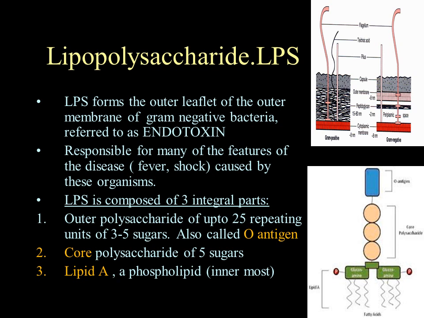And this endotoxin is actually composed of three components: O antigen, core polysaccharide, and then a lipid A portion. Here you can see in the diagram the three components of an endotoxin. So this O antigen is used whenever we will be discussing the cell wall antigen. So these are abbreviated as O antigens that are actually present in gram negative bacteria.